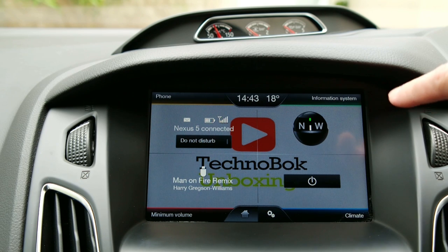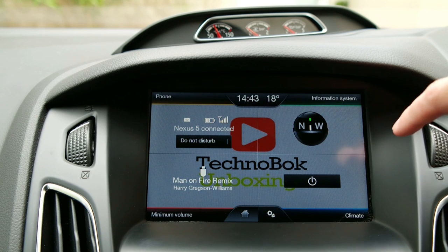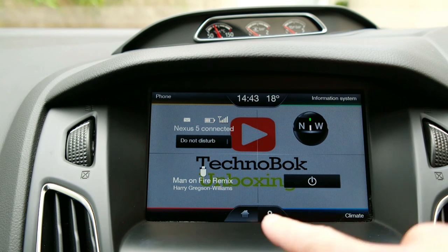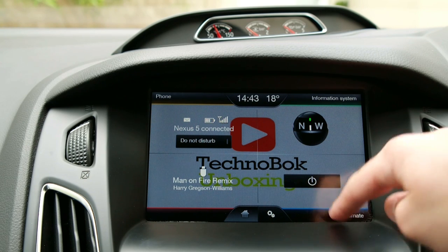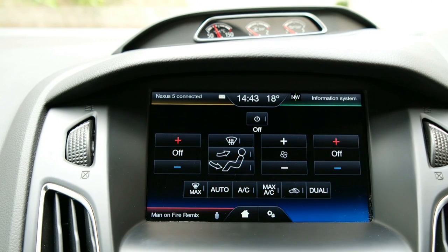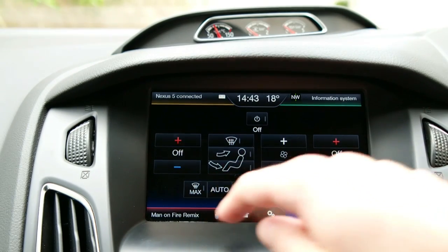It shows you your signal bars, battery, as well as messages, and thanks to Ford's Sync system that I showed you in the Focus review, it can also read out your messages. Below that I've got the track I'm playing on the audio interface. Of course I can go into this climate screen here and play with the climate control options, or return back